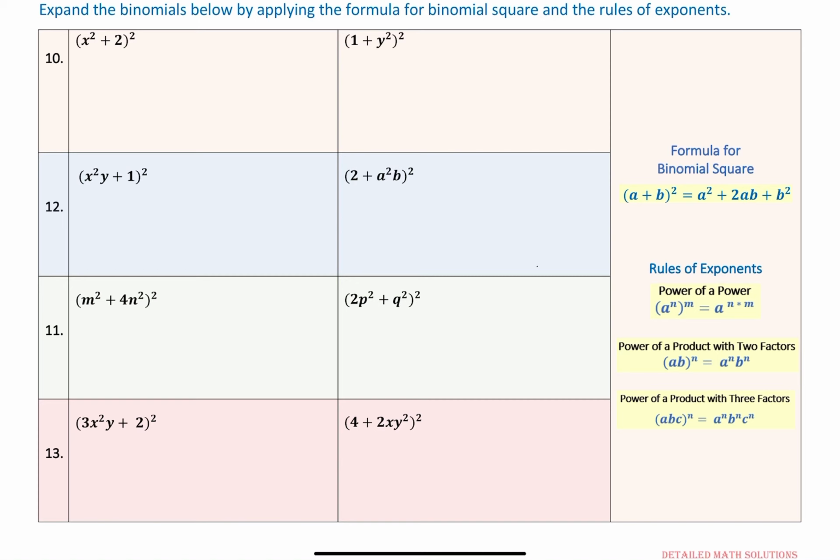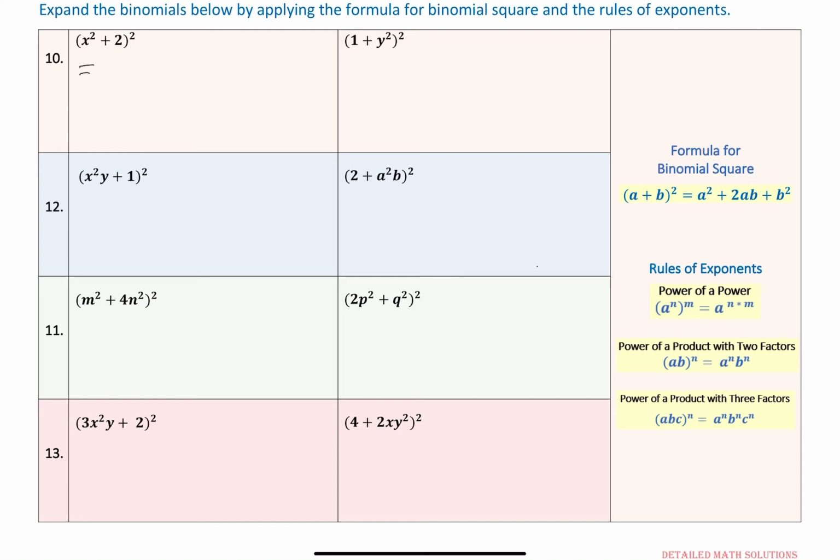Let's begin expanding the binomials. First binomial, (x² + 2)². As a first step, I'm going to apply the formula. In this binomial, the first term is x², and the second is 2. x² corresponds to the a in the formula. The second term, 2, corresponds to the b in the formula. Therefore,